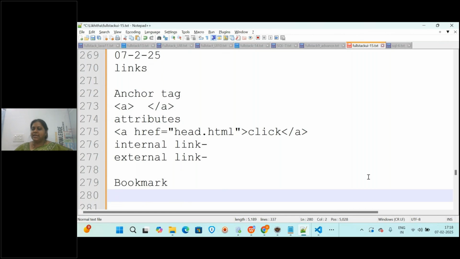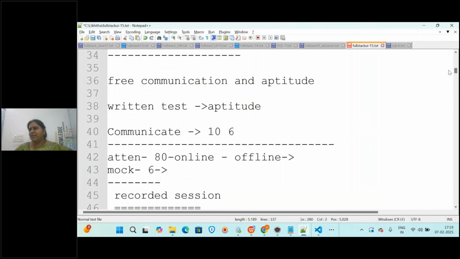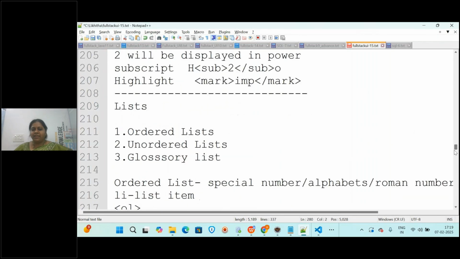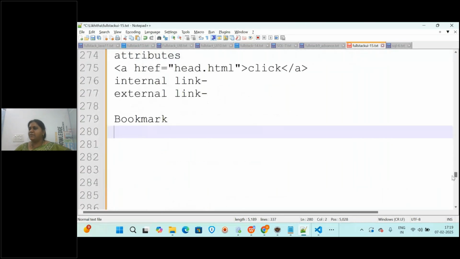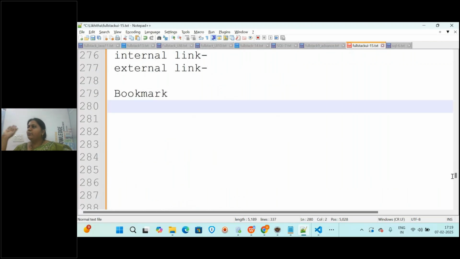Suppose now this is a notepad. If you are seeing, it is of many pages. Now I will open this after 6 months, and suddenly I want to move to the topic of list. I have to keep on scrolling, right? But instead of that, my complete text file is 100 pages. Instead of scrolling and checking for important topics, I will make a bookmark and provide the link in the first page. Then when you click it, it will open that particular location.